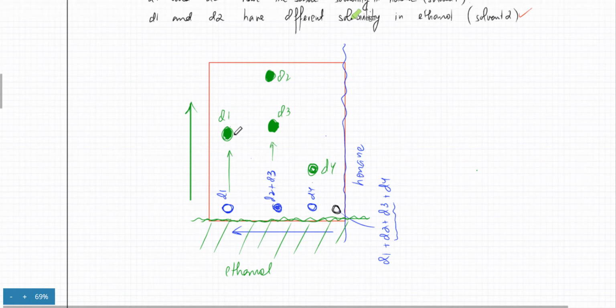Dye 1 moved here, ठीक है, it did not get separated क्योंकि वो पहले solvent ने उसको separate कर दिया था, ठीक है, so no further separation happened. Dye 2 and dye 3 were not separated by the first solvent, but in the second solvent, they were traveling different distances, so they got separated. And dye 4 was already separated by the first solvent, so it did not get separated by the second solvent, so it traveled a distance but did not get separated क्योंकि वो पहले ही separate हो चुकी थी from the others. ये clear है सारों को, सारा is this clear?